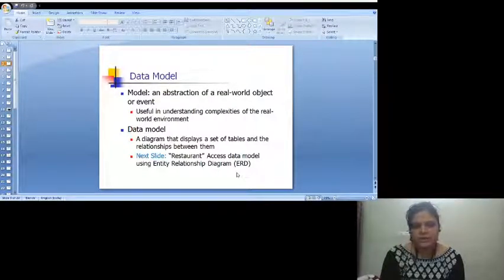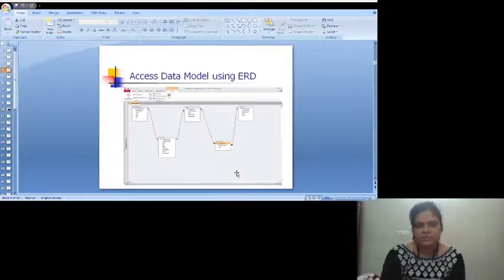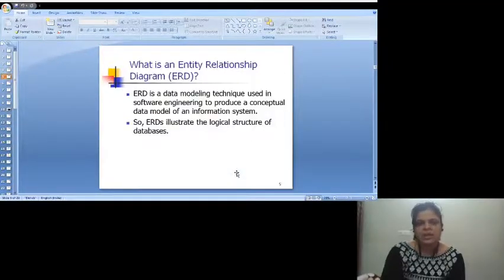A data model is successful if it has that particular level of abstraction where the end user can easily view the data in the required type of view rather than seeing the implementation complexity of the data in the database. It will be in terms of tables and relationships between them. This is a simple Access data model showing relationships between some entities.